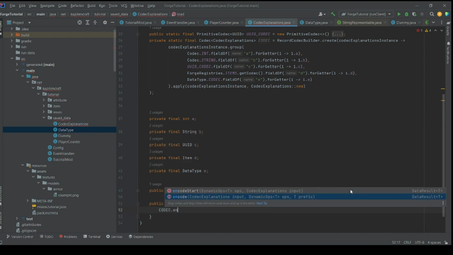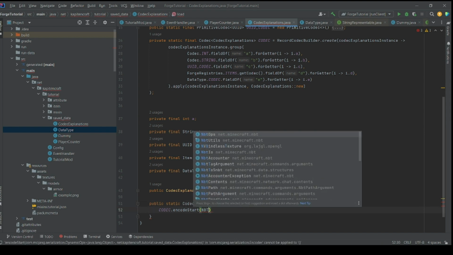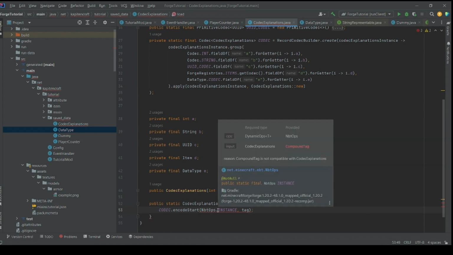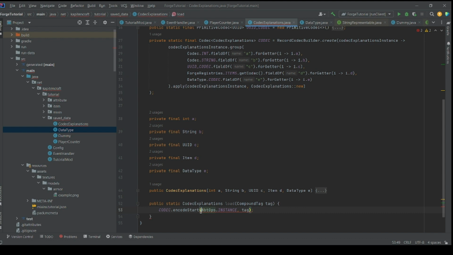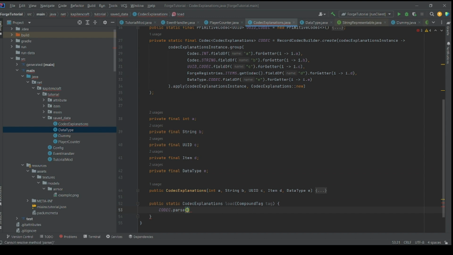Codec.encode starts, if I'm not mistaken, and in this case the dynamic ops is either JSON if you got a JSON element here, or nbt ops dot instance if you got a tag. What do you want to do? A input is tag. Does that work? No, it does not. Who would have thought? Oh wait, oh no, we have to do parse. I'm sorry. nbt ops dot instance and then tag,